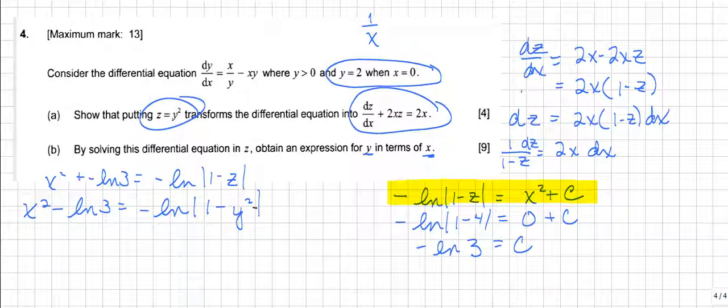So, what does this mean? Well, exponentially, this would mean that if we're working with the right-hand side where the y is, the base of e here, e to the power of the left-hand side, e to the x squared minus ln 3 power